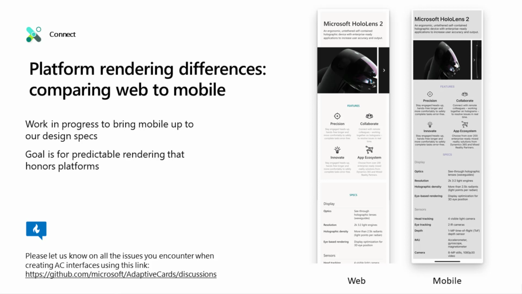Adaptive Card is not a pixel perfect tool, and you should expect some differences between what you see on the web and what you see on the mobile, as the screenshot on the right clearly demonstrates. You can see differences in fonts, font sizes, some of the colors can be different, but overall it should be a pretty close representation of the Adaptive Card that you will see in Adaptive Card Designer across iOS, Android,